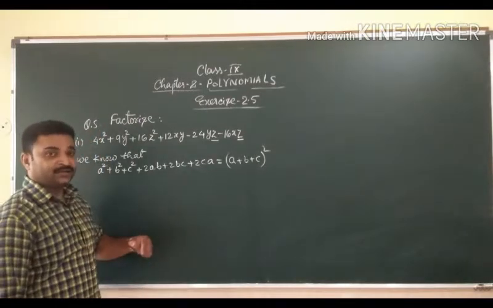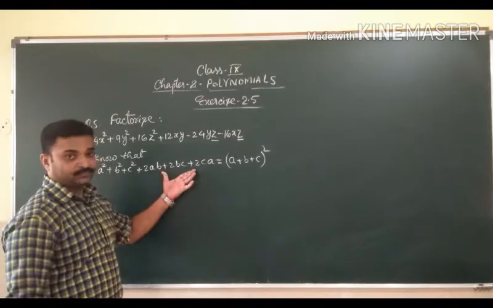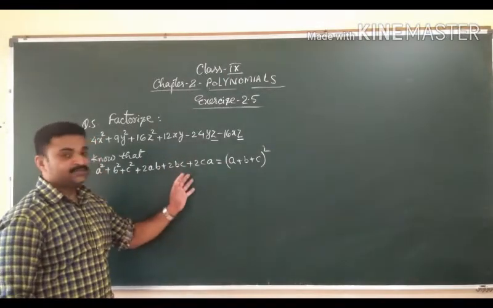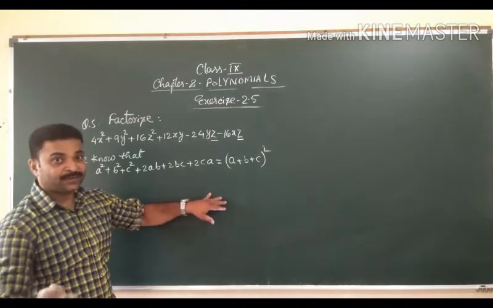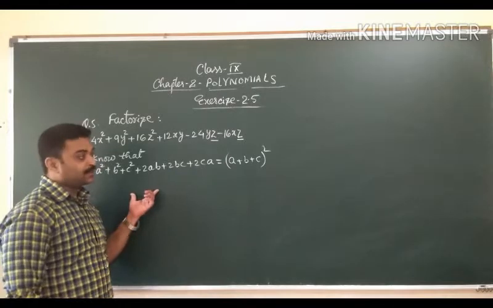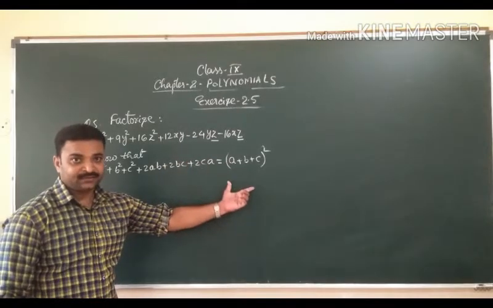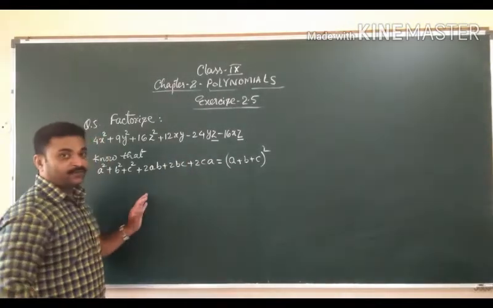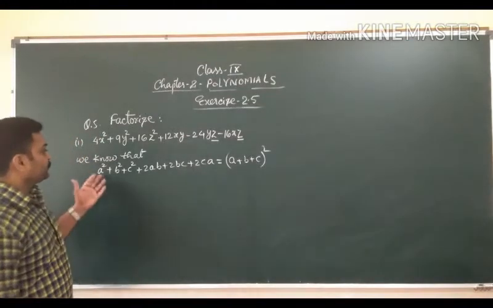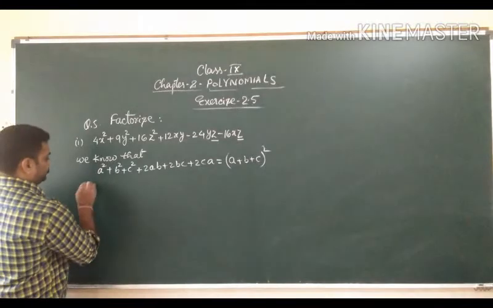Whenever we write our identity in this form, that is, right part first and then left part, that means we have to factorize. But if we write left part first and right part second, then we have to expand. Clear? So here, on comparing,